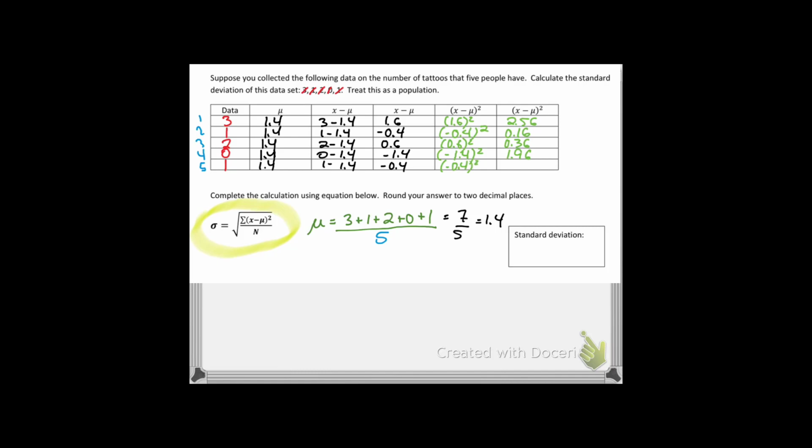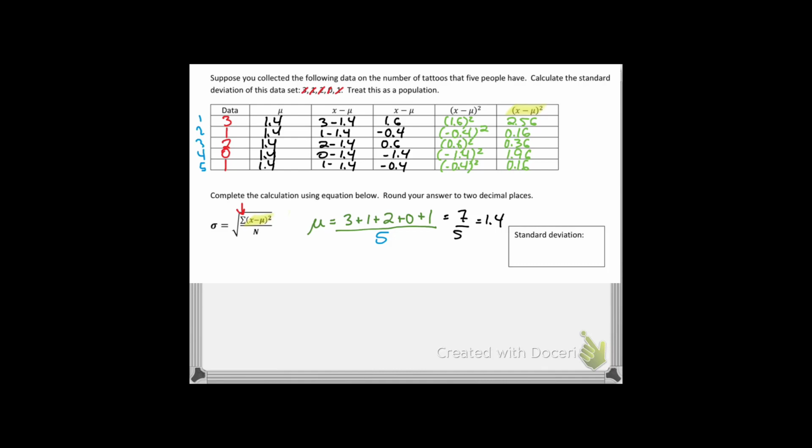Something is off with your calculations. All of these values should be positive. Okay, so let's pause for a second and see what we've done so far. If we look back at our formula, we have x minus mu squared. So the next thing that we see in our formula that it's asking us to do is this uppercase